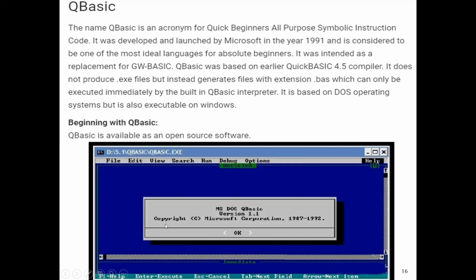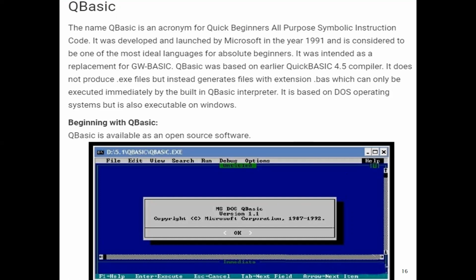That is, this window will help you to type, compile the program, and then run the program to get a proper output. And it is based on DOS. What do you mean by DOS? Disk Operating System. Again, I'll repeat. The first operating system which was developed by Microsoft was DOS.